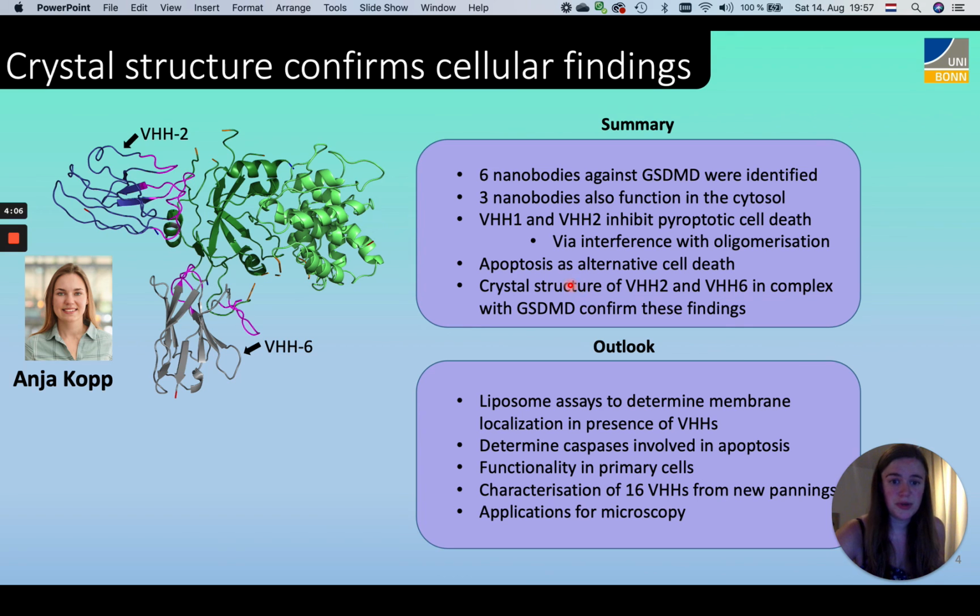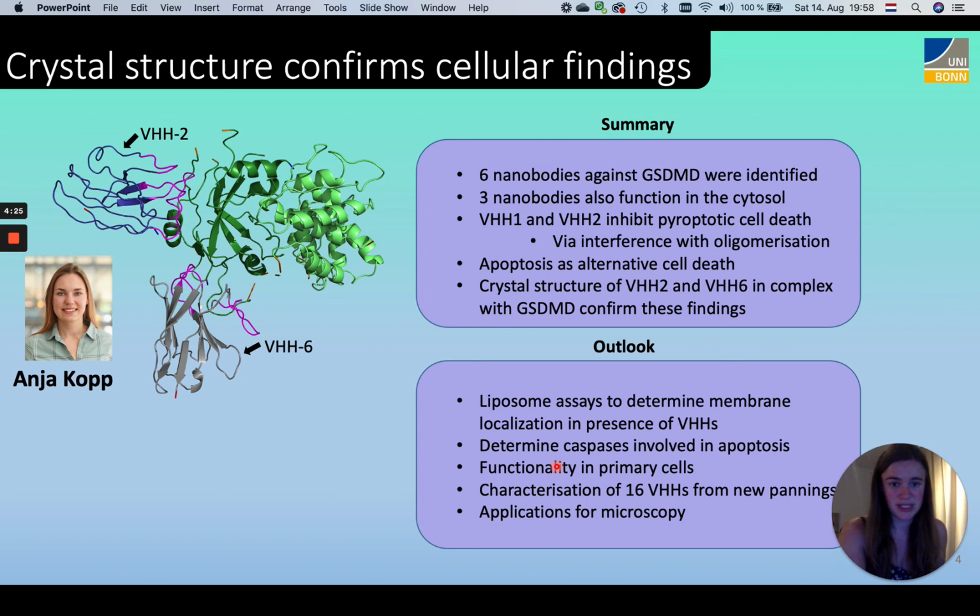So to answer our last question, whether oligomerization is needed for membrane insertion, we would like to perform some liposome assays to mimic the pore formation process. We would like to determine which caspases are involved in apoptosis, and we're looking into the functionality of the nanobodies